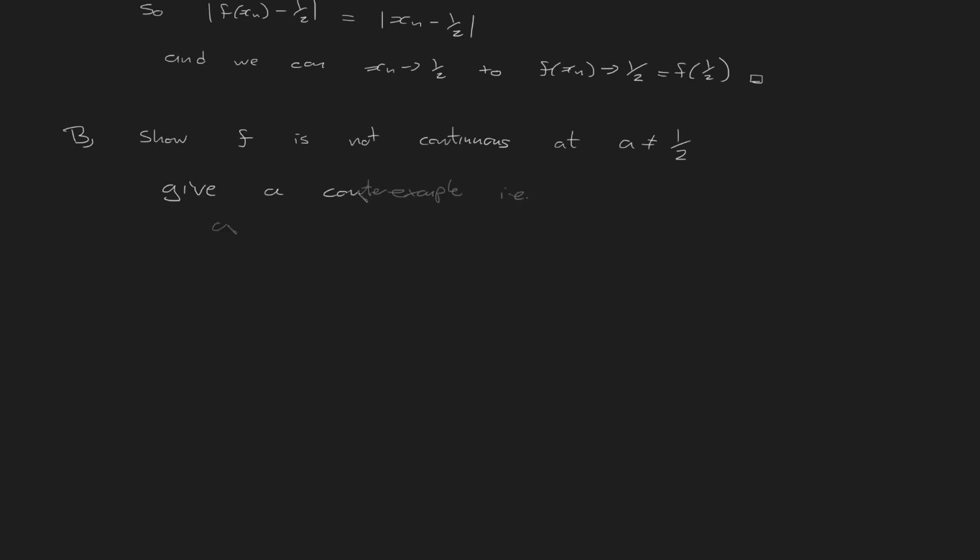give a counterexample. That is a sequence xn which converges to a, but for which f of xn does not converge to f of a. This doesn't mean it converges to something else, it might just not converge, but it does not converge to f of a. So there are maybe two subcases. First of all, if a is rational,